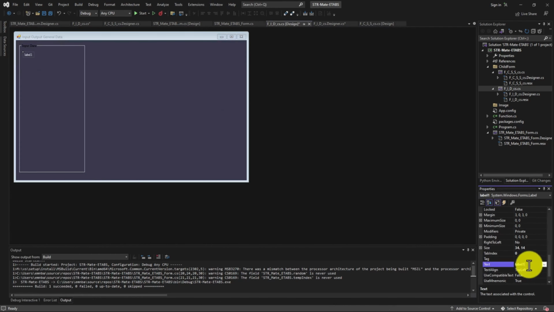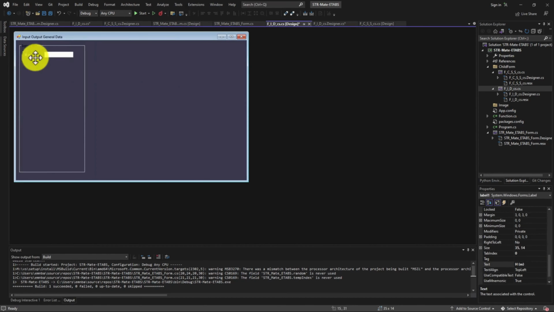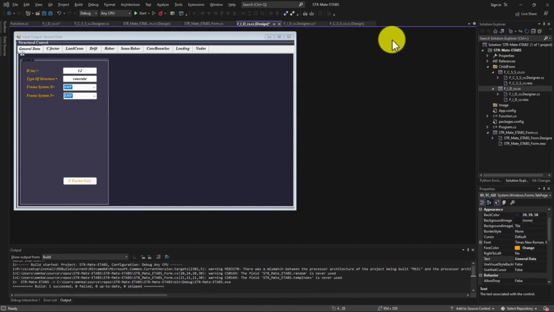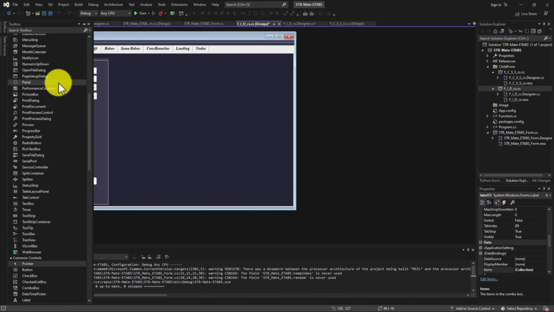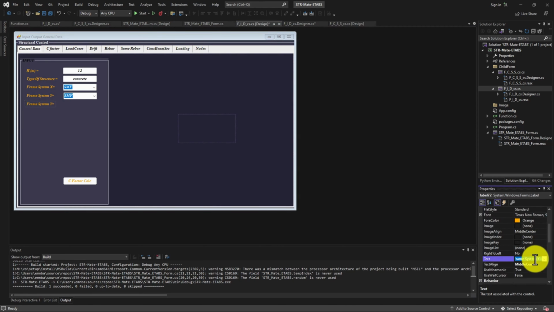After that, we run this plugin and we insert a panel, and then insert a label. This label is called H, height of a structure, and we select